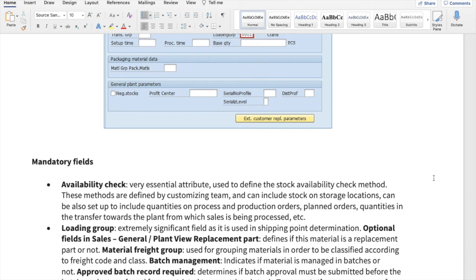There are also many optional fields in this particular view, and one of them, my favorite, is batch management. As I was explaining earlier, there are some products which are manufactured in batches. If you go to any chemical factory or pharmaceutical company, batch configuration is very important, and one has to be very careful to know from which batch a particular item has come. So in case any defect comes up, they will be able to work directly on that particular batch.